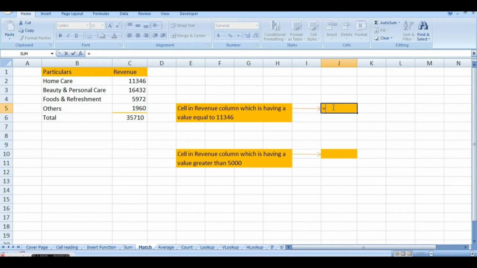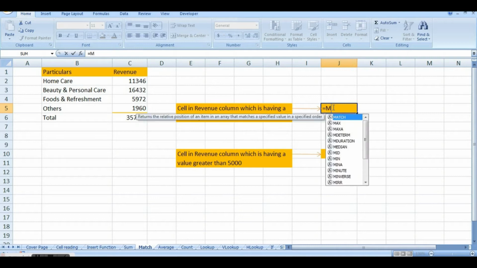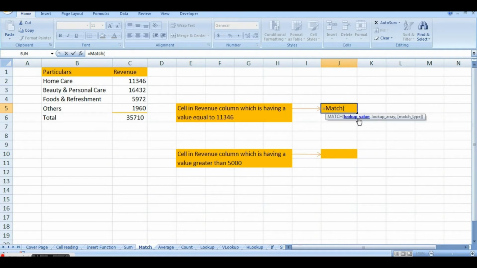I'll use match formula. First, put Excel into calculation mode, type the formula match. See, here it gives you what the match function means. Okay, now bracket, lookup value, which value I am looking for. Now here you can simply type the value as well. The value I am looking for is 11,346. Lookup array means from which column or row, means from which area I want to select the particular value.